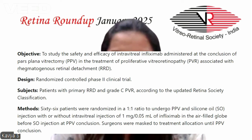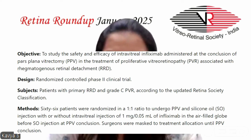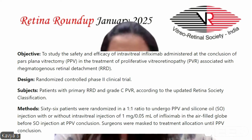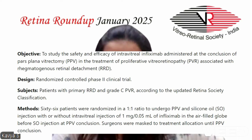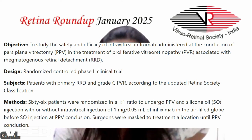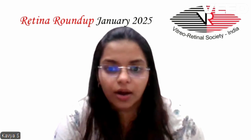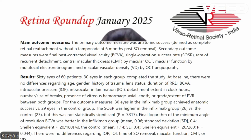It includes 66 patients which were randomized to undergo PPV and silicone oil injection with or without intravitreal injection of 1 mg per 0.05 ml of infliximab in the vitrectomized globe before silicone oil injection at PPV conclusion. Surgeons were masked to treatment allocation until PPV conclusion. The main outcome measure was anatomic success, defined as complete retinal reattachment without a tamponade at 6 months post silicone oil removal. Coming to the results,